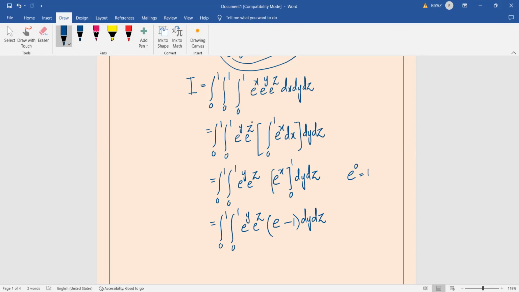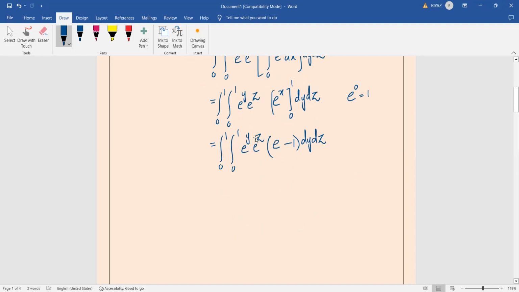Now you see e minus 1 is a constant in any case, either with respect to y or with respect to z. In every case, e minus 1 will be an overall constant. So we pull the constant totally out of the integral, and we start integrating with respect to y. In that case, e power z will be a constant here. Now specify the region for e power y here. e power y dy, this will be closed, into dz.